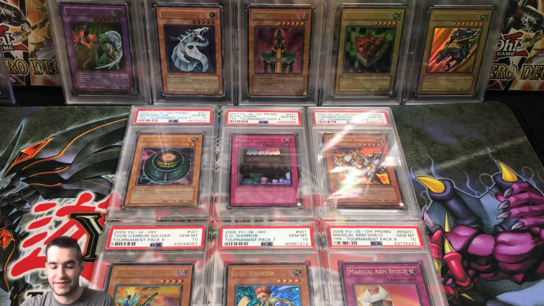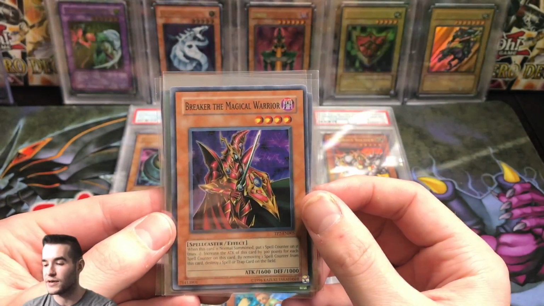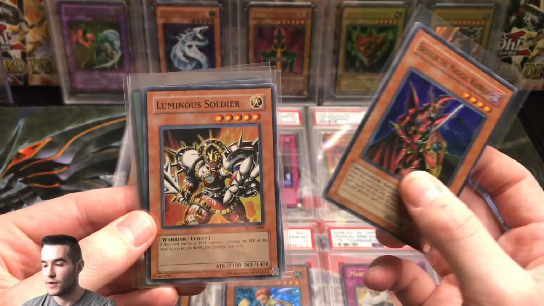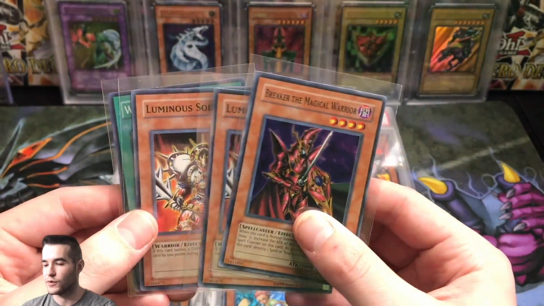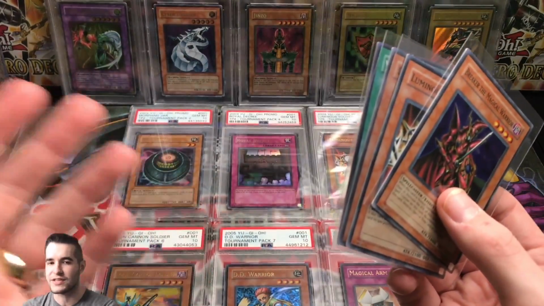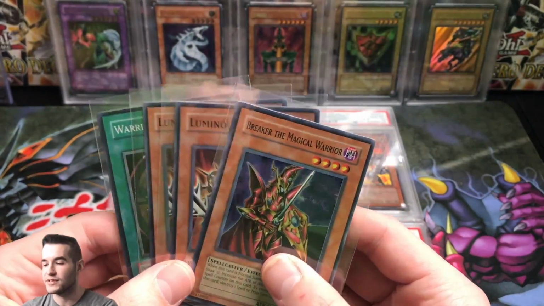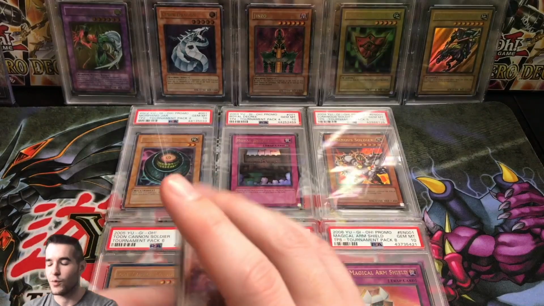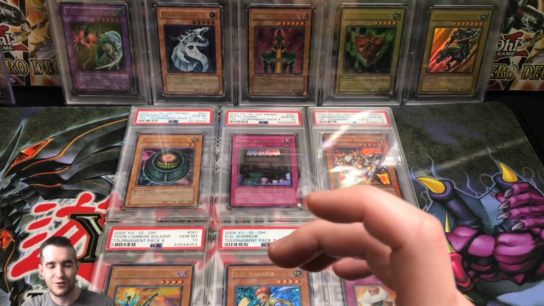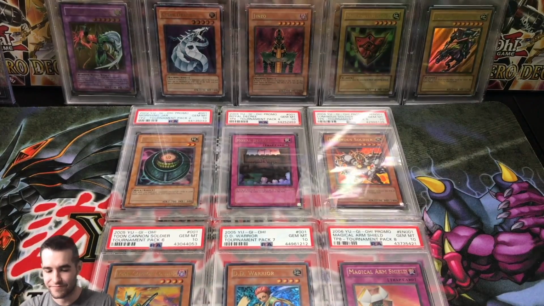TP7, I am missing some, but we do have the Breaker the Magical Warrior, which is a solid value card because of GOAT format. We got a Luminous Soldier. Actually, I have 2 of those. That's a reprint from TP5 Ultra. So they did this thing where they reprinted the Ultras as supers. I don't really understand why, but they did. And a Warrior Elimination. The one we're missing from here is the Whale, because the Whale is extremely, like... I just don't want to drop $300 on a Whale, like a near mint Whale. I just don't really want to, but...